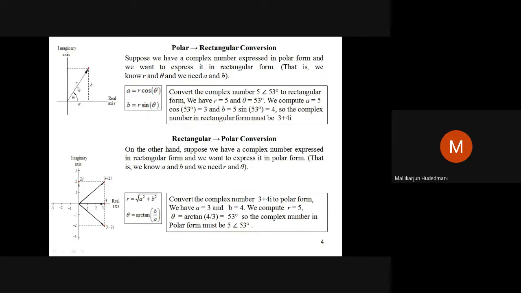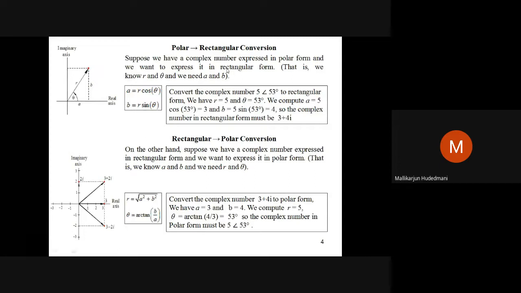If I imagine this is the hypotenuse of the triangle, A is the adjacent side, B is the opposite side of the angle theta, I can definitely connect R and theta to A, and R and theta to B. These two are my requirement. What are these two? A is the projection of the vector along the real axis. B is the projection of this vector along the imaginary axis. You can write A as r cos theta, B as r sin theta. So what exactly did you get now? From a given polar quantity you got two positions, A and B, whose intersection is nothing but your rectangular representation.